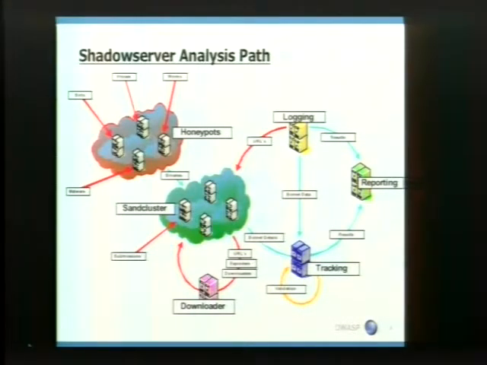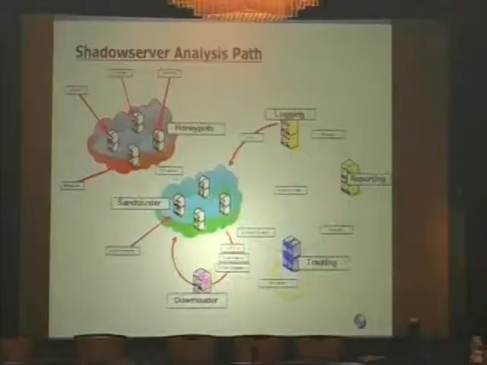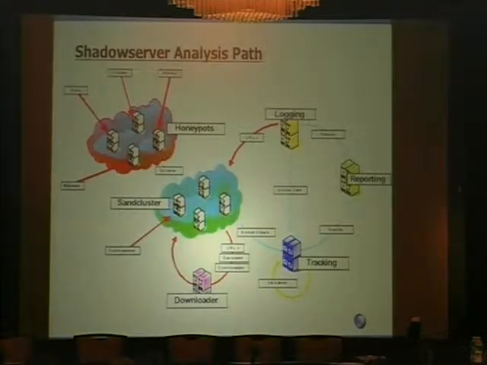A lot of times this malware spawns new malware. You download something, it's actually a downloader, it goes out and grabs more. You're watching an IRC bot, they're telling you to go download something, they're putting links out there. Basically, you grab one source of malware and you might end up with 100 or 200 pieces, depending on how busy and how talkative it is. At the same time, we log and report everything, so we know date timestamps when we grab malware, where we got it, where it's going, where it's attacking, and we're keeping track of all this data.